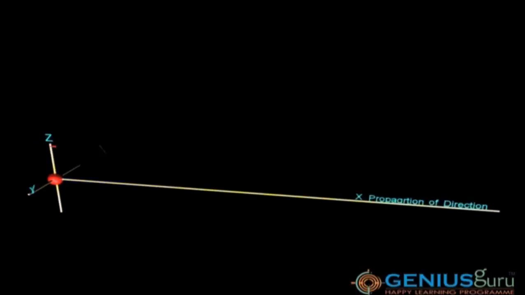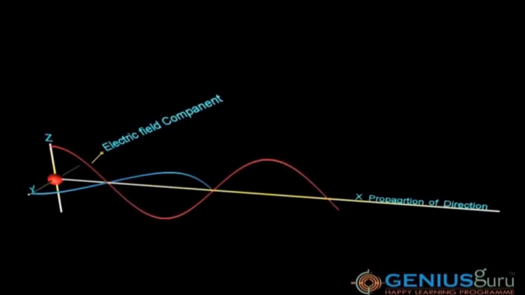Look at this. This is the nucleus of an atom and an electron is moving around this nucleus. We know that the nucleus is a charged particle and the electron is also a charged particle. When this electron is moving around the nucleus, being a charged particle, it emits alternating electric and magnetic fields. So this is in accordance with Maxwell's suggestion.